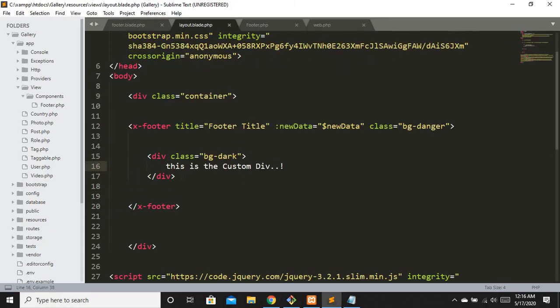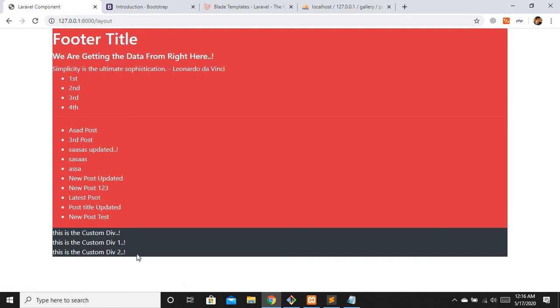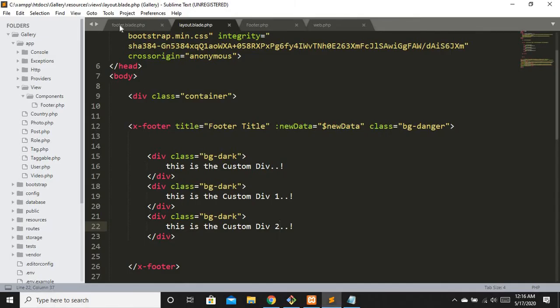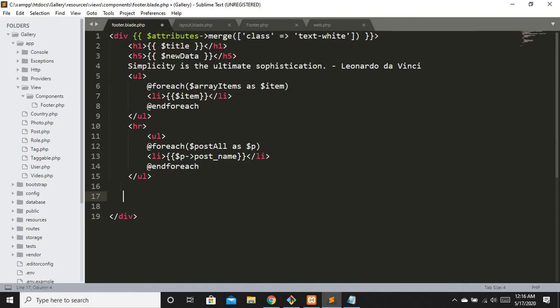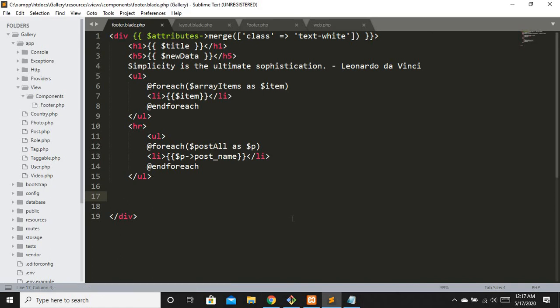Now you can have multiple custom divs that you want. Let's say 1, let's say 2 for this one. That's it. Let's refresh, and you can see we are having our custom divs right here. So this is how it is going to work. And if I just remove this slot, it is not going to work. Let me just show you. Refresh, and let's replicate it.